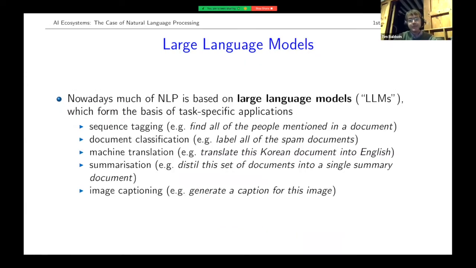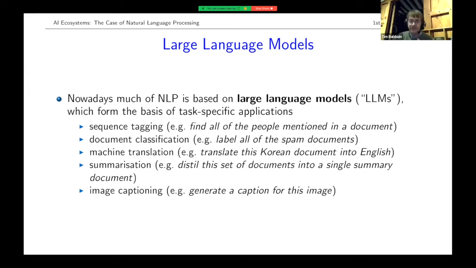So I'm sure many of you have heard this term large language model. Nowadays, much of NLP is based on large language models for all sorts of NLP applications. I've just given you a broad spectrum of different styles of NLP application here to give you a sense. Anything from sequence tagging, find all of the people mentioned in a given document for a service like LinkedIn, say, document classification, so document labeling, is it spam or is it not, say, for an email provider, machine translation, as we saw in the example just now,